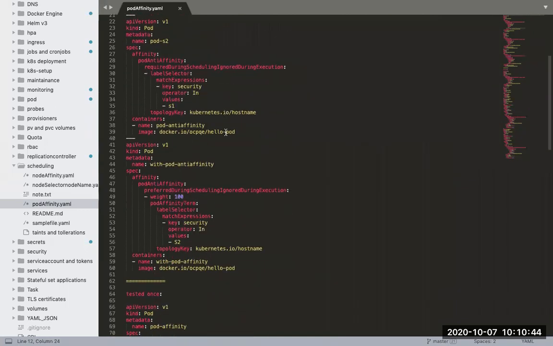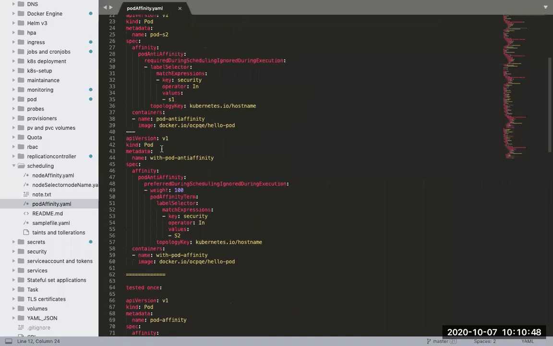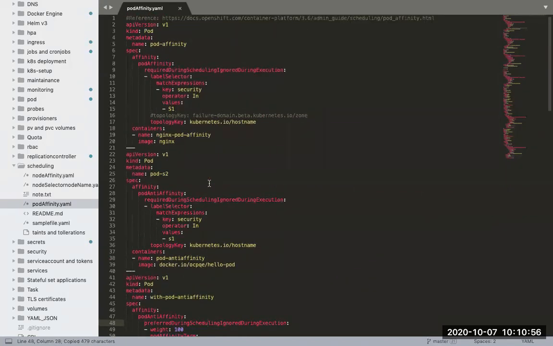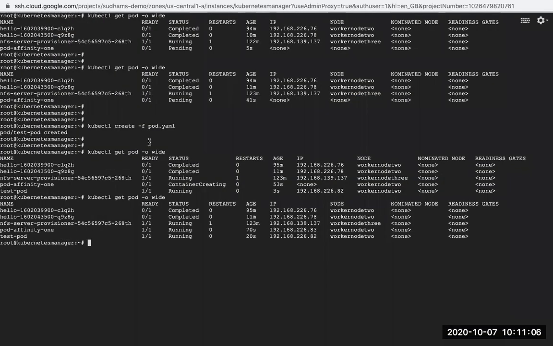Let us try to see preferred. Okay, so preferred is something related to that. We just have to modify a few things. Let me try to do this. Same example, but I will modify these things. Let me try to copy that pod affinity as anti-affinity.